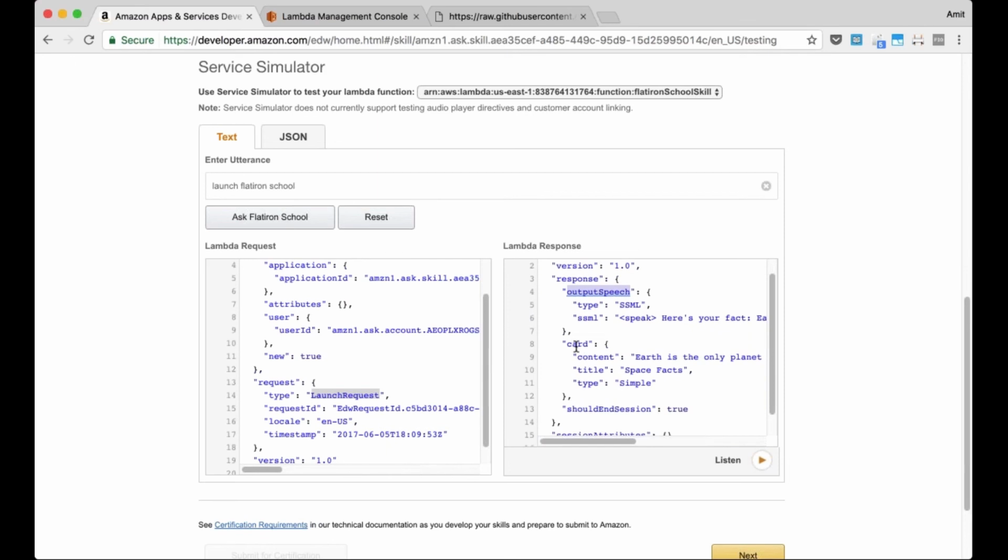And then there's also a card. As part of your skill, you can also send some more information back to your users through what is called the Alexa card. Any information that you send to the Alexa card shows up on the Alexa app. Remember, everyone who first starts using Alexa on their Echo device or the Tap or any other Alexa device does that using the Alexa app. So say if you ask for weather, she will tell you the weather is nice and bright in New York, but she will also send some icons or some more information about the weather to the Alexa app.